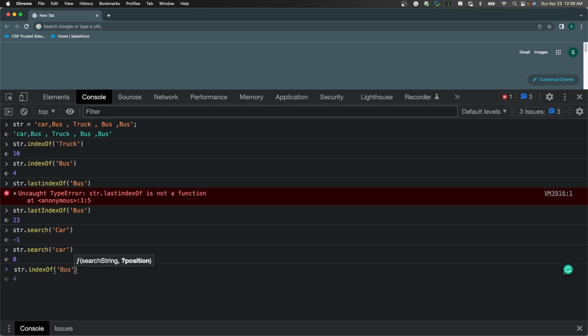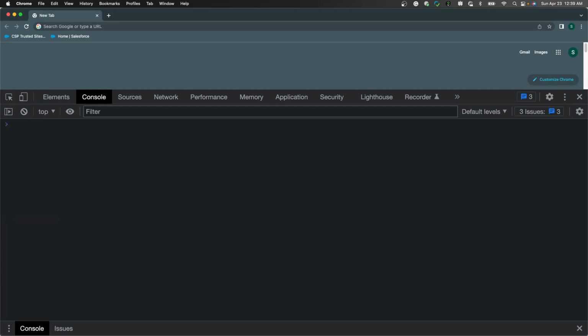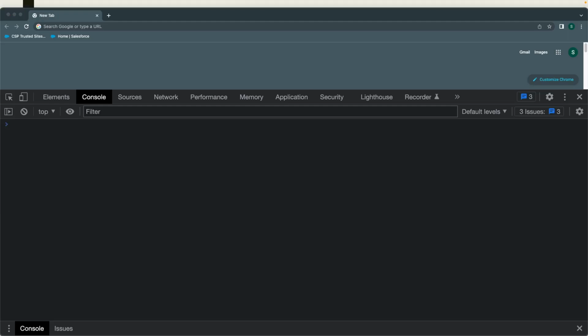If I use the indexOf, and if I want to search after 10, it will give you the result from where you want to search. Okay, so if I give 10, now if you see here, we get the bus index from here, so it searches after the 10th index. So there is a difference between indexOf and search. Now we will discuss another method,